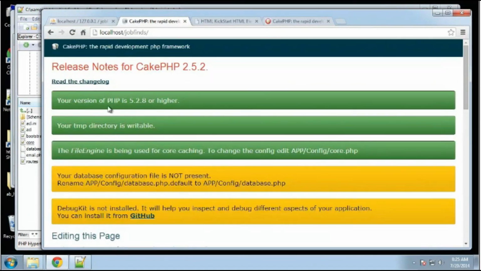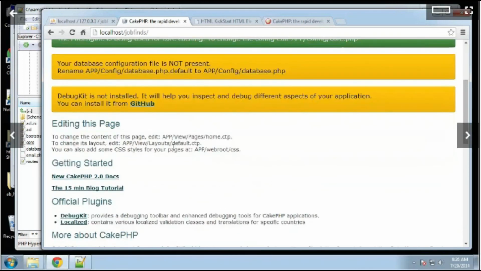Next, alright, so these are the successes. We're using PHP 5.2.8 or higher, the temporary directory is writable, and the file engine is being used for core caching. So if any of these are red or yellow on your system, just go ahead and make sure that this folder is writable. You may want to upgrade your version of PHP to at least 5.3. And then down here, our database configuration file is